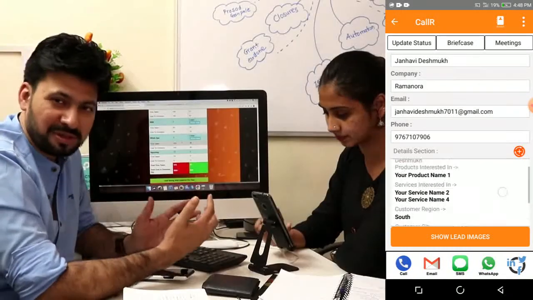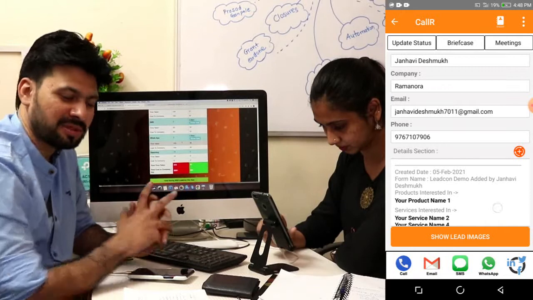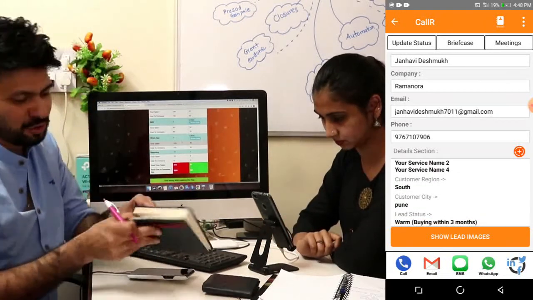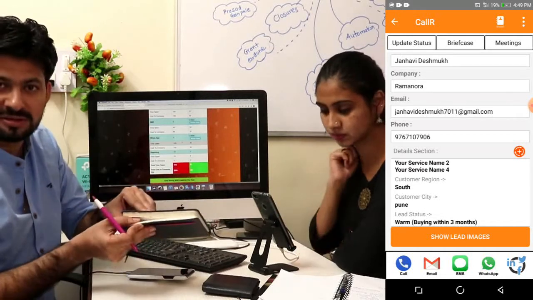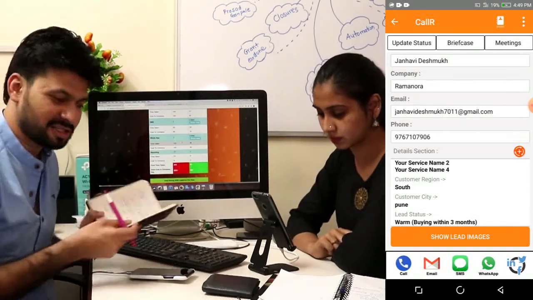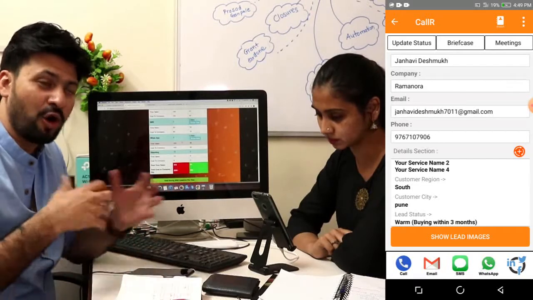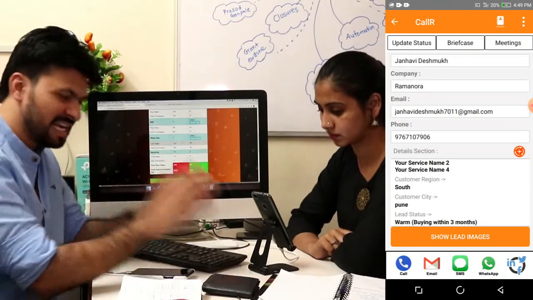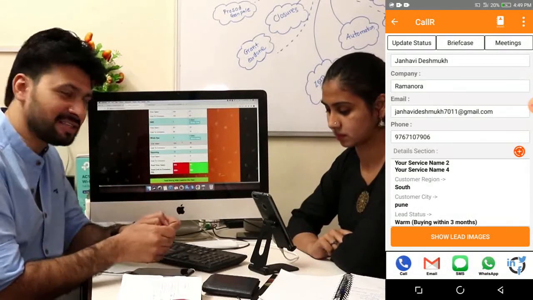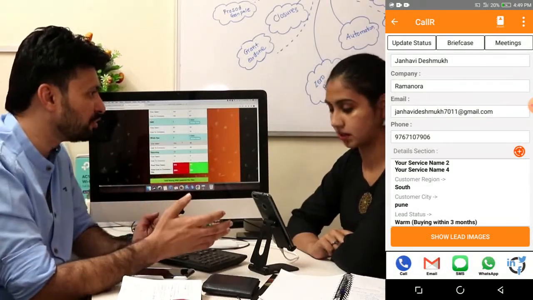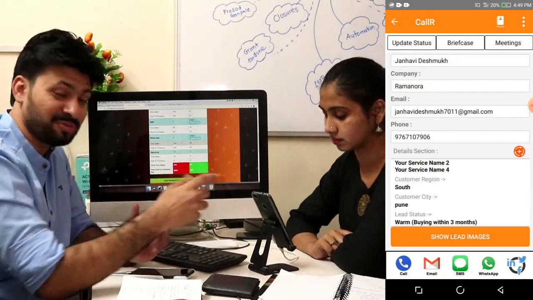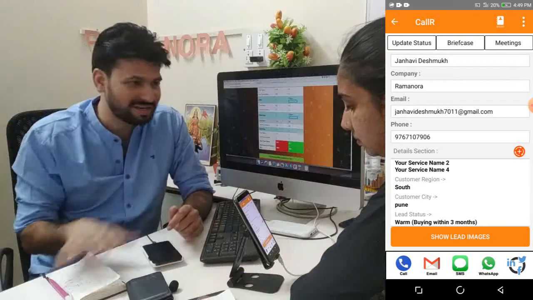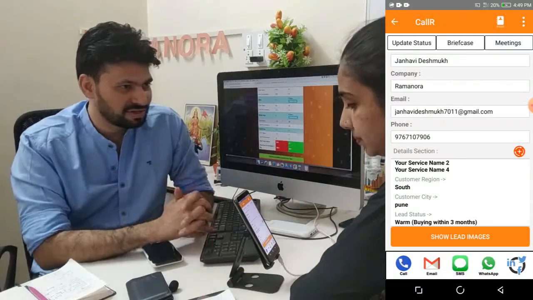The purpose is that most of the time people tend to make notes in diaries. Now this diary is going to get over in another few days, and then it goes into the desk. But what we have done is we have added all the communication or the discussion that happened with the customer in the phone itself, so that it's always in front of you. It's always handy and that space never runs out. You are able to see everything there.